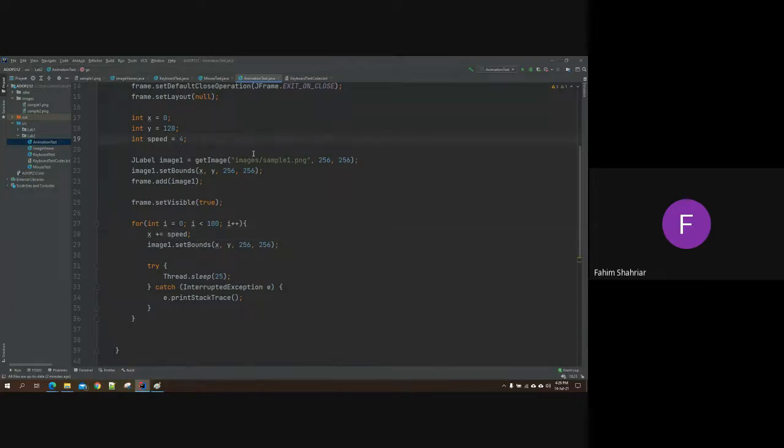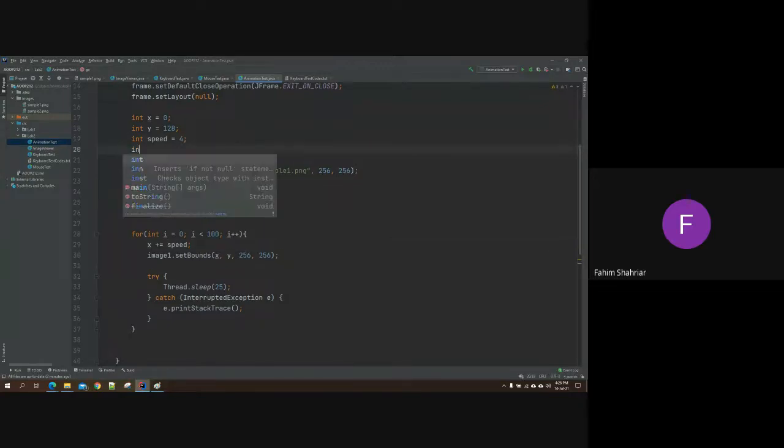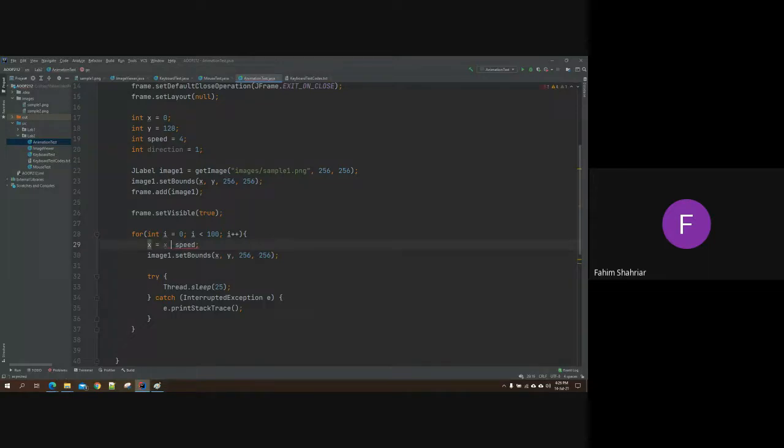So for changing the direction, we actually can use our direction variable, direction equal to 1. So x equal to, and change the formula a bit, x equal to x plus speed times direction. Okay. Now let's check